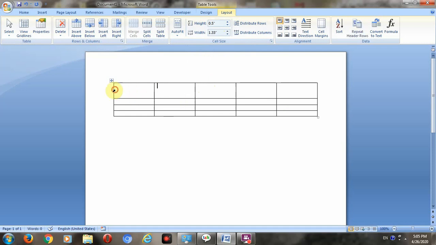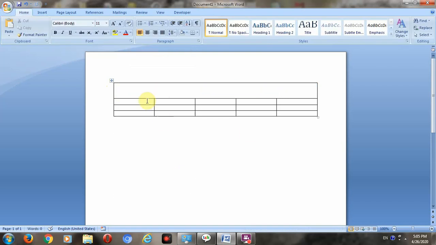First you have to select the row, and then go to the Merge Cells option. It means merge the selected cells into one cell, so that we can enter the value here. Like this we can merge the cells.